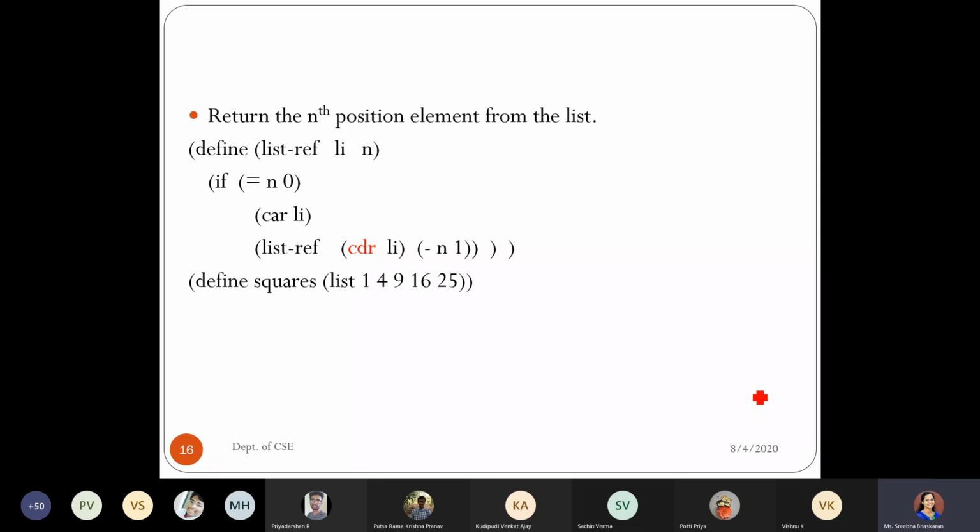So I just gave the variable name as squares. And this squares is passed to this list procedure. And what position value I require is 3. So this is my list.